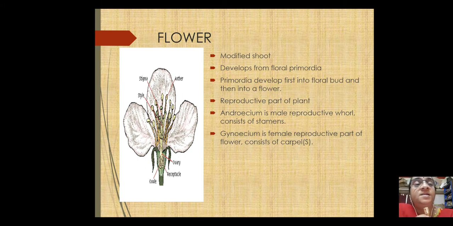The picture given next is showing anthers, ovary, style and stigma, isn't it? So stamens are made up of filament and anther lobes. These two constitute the stamen, in fact. That is the male reproductive part, and you pretty well know that ovary, style and stigma constitute the female reproductive part.